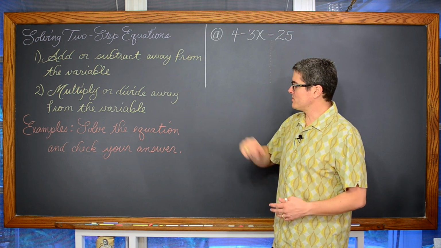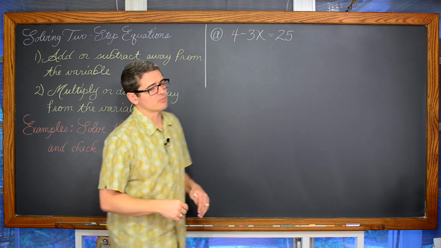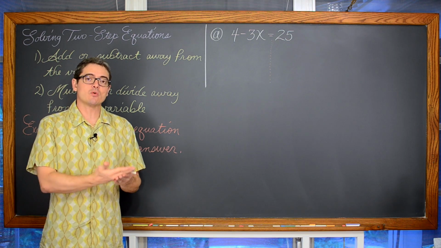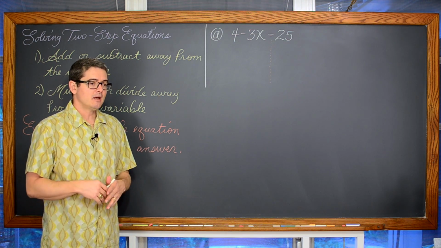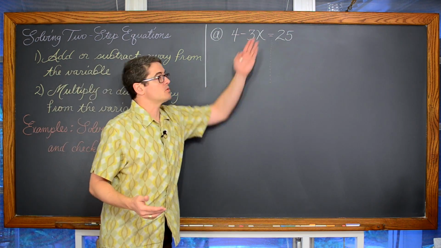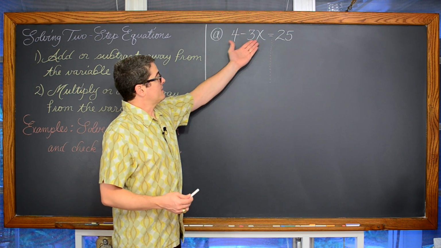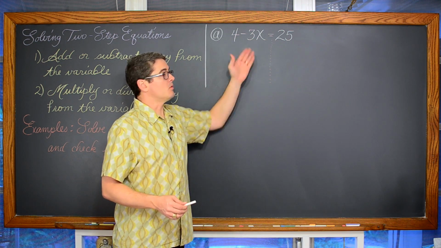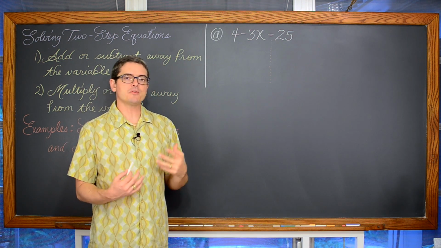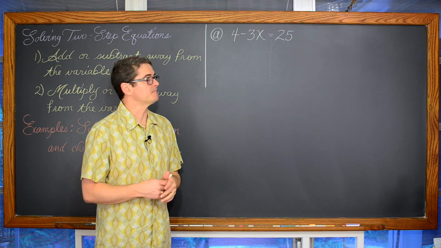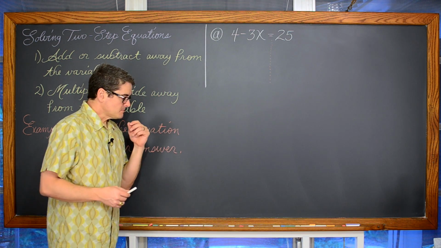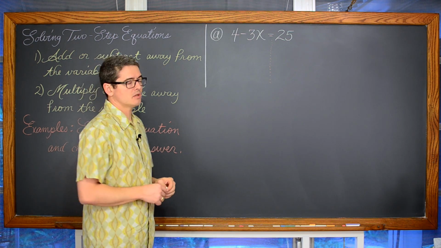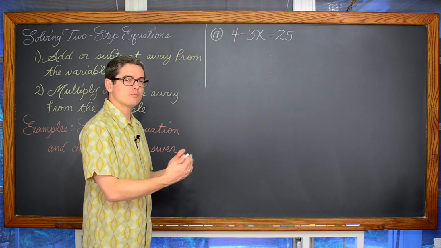With our examples, we're going to solve the equation and check your answer, because the great thing about solving equations is we can make sure our answer is correct before turning in our test or our paper. A solution, of course, is a number that you can plug into an equation, and that number allows the 2 sides to be equal. And if the 2 sides are not equal, then that number that you come up with that you think is the solution really is not. Okay. And also some equations don't even have solutions, but all the ones that we're going to do in this lesson will. And we are going to go from easy to hard.